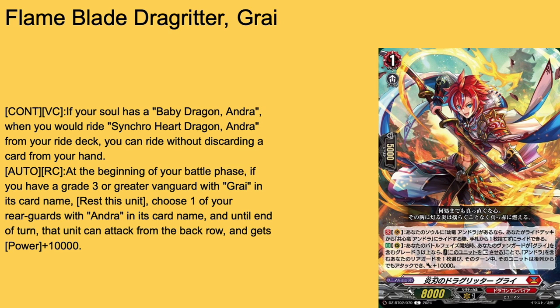Whoops. Anyways, at the beginning of the battle phase, if you have a grade 3 or greater Vanguard with Gry in its card name, rest this unit, choose one of your rear guards with Andra in its card name; until end of that turn, that unit can attack from back row and it gets plus 10,000 power. All around pretty solid, because if you have multiple, you can just stack a bunch of 10Ks onto the Andra in the back row, and not to mention make it be able to swing from back row, and